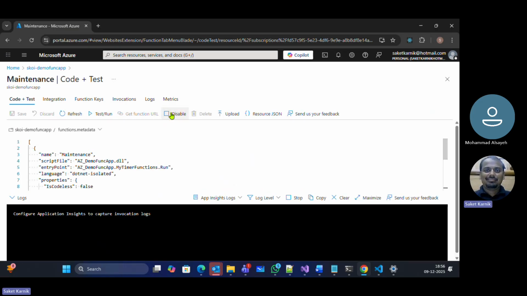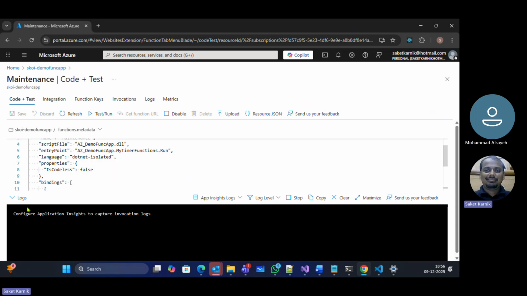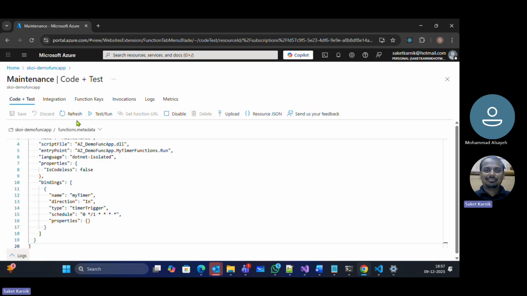Here also we have the option for disabling and deleting. The running function cannot be deleted directly. You have to stop it first. And here then we have the logs option,